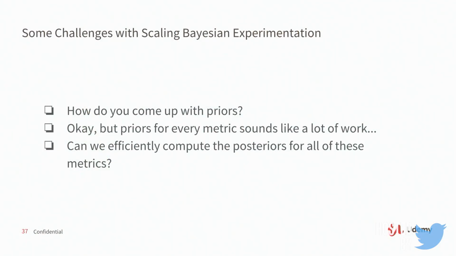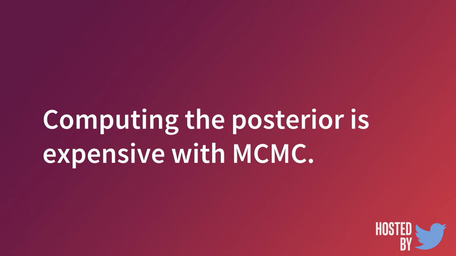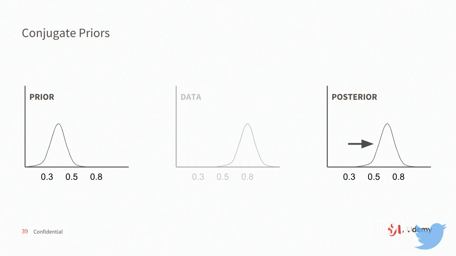So we've answered the question of how you come up with priors. And now the question is, can we efficiently compute the posteriors for all these metrics? The nice thing about using a distribution of means is that we don't have to compute the posterior with MCMC, because that's fairly expensive. A normal distribution has something called a conjugate prior, which has a closed form solution to computing the